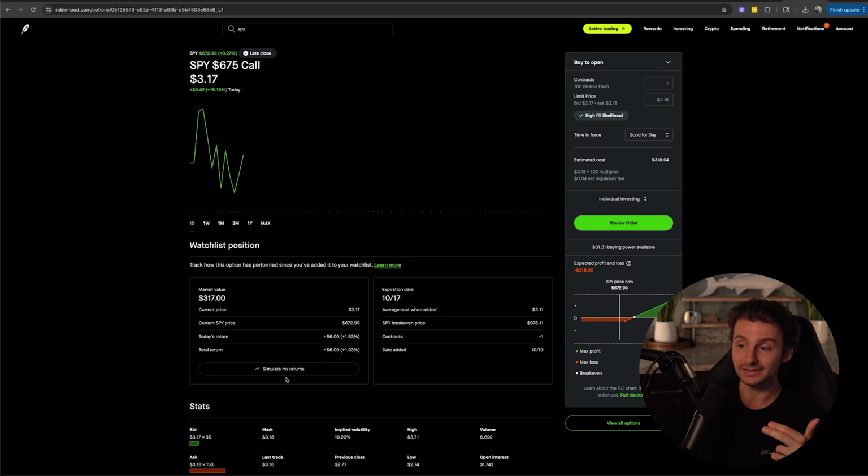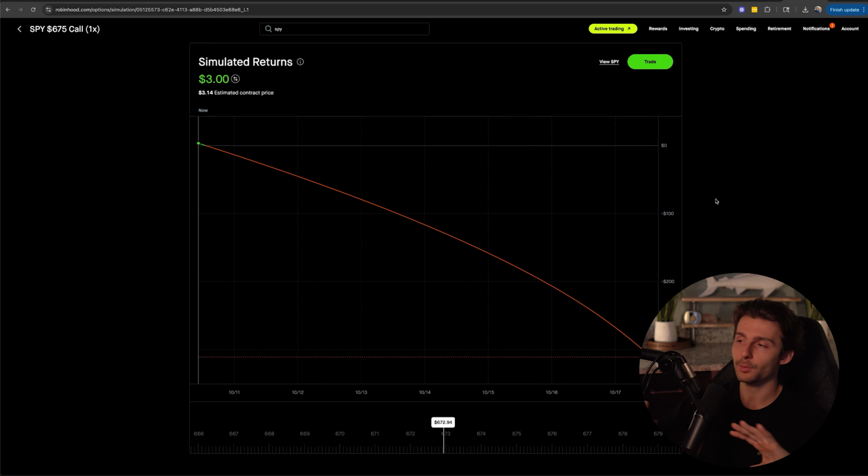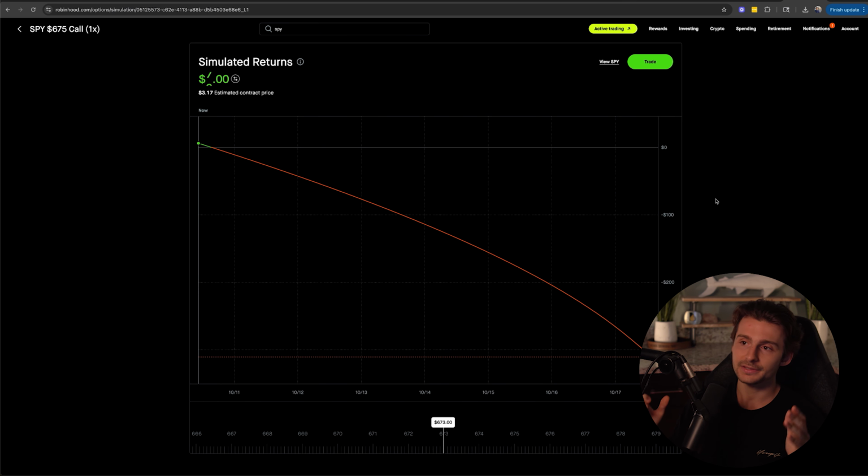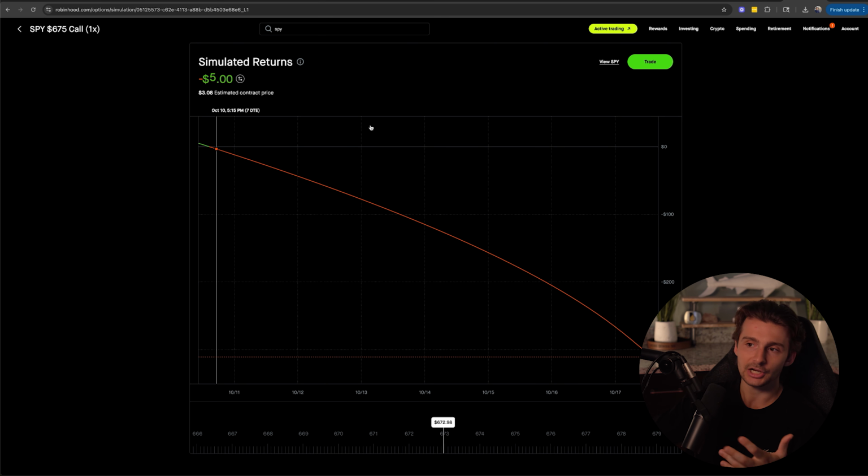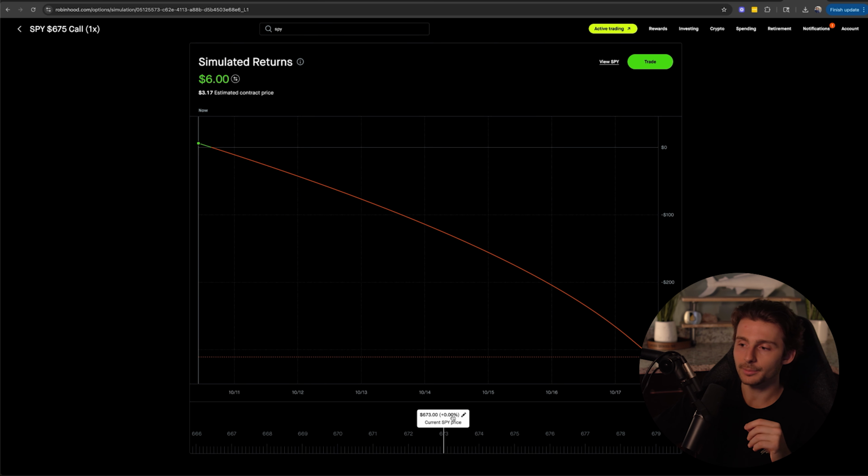This right here, the simulate my returns, is the button we want to click on. So now we get to this page, which is really simple, really cool. If you are a simple guy, and to be honest, that's kind of how I am, this might be a great place to start just to get a sense for how this stuff works. What we have on the bottom is the current price. So if I don't touch it, it's going to show me the current price of SPY, and it's going to move as SPY moves. And as SPY moves, this chart's going to potentially move, and it shows us that at the current price, if SPY was not to move,